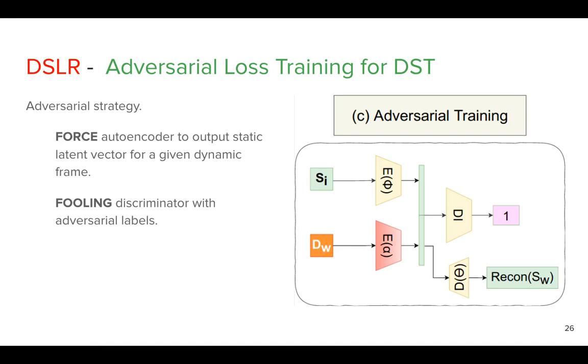The discriminator was trained initially to give output 0 for the SI DW pair as shown in the figure. However, in the adversarial setting, we force an output label 1 for this pair and only adjust E alpha weights during backpropagation. This is done so that E alpha outputs a latent vector that corresponds to the corresponding static frame SW instead of the dynamic frame DW. The discriminator should remain non-trainable, or it might actually learn to give an output of 1 for static-dynamic pairs,